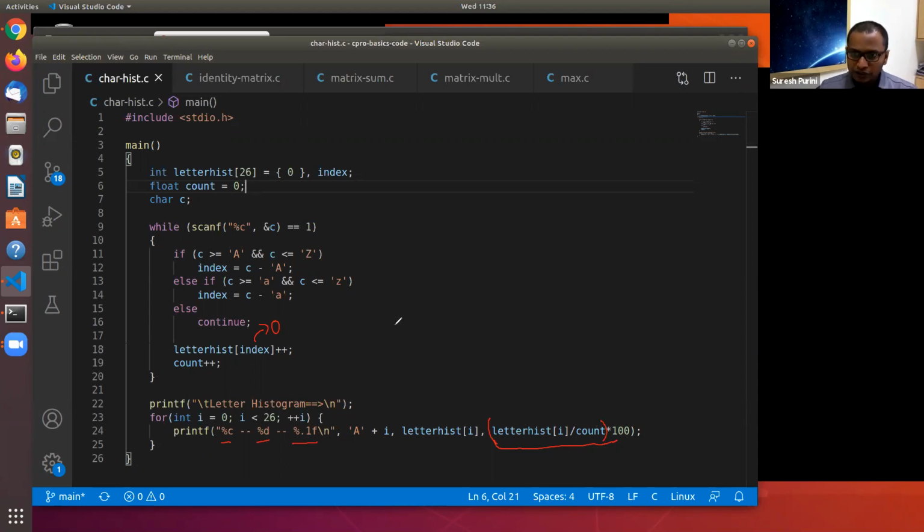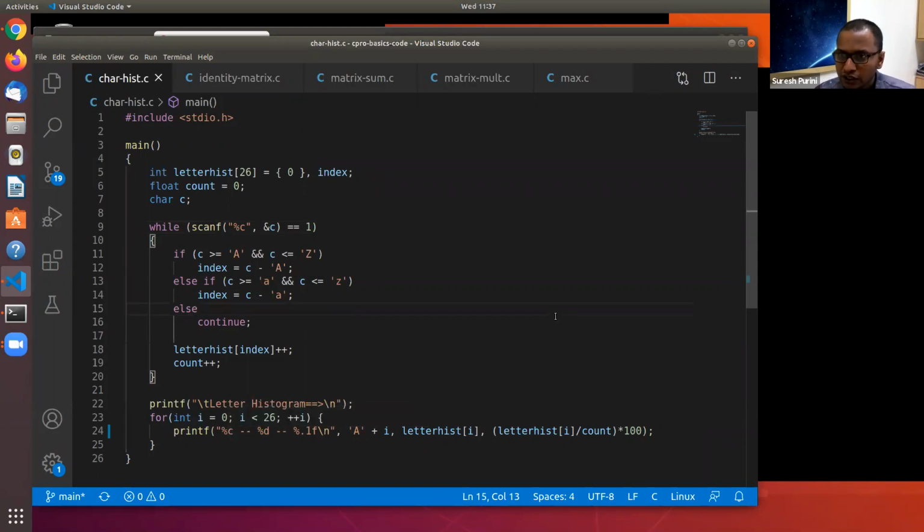Yes, this is good to show the precedence. I will do it. So if I is equal to 0, A will be printed here. If I is equal to 1, the value returned will be 66, which is the ASCII value associated with B, and B will be printed. If I is equal to 2, the value of this expression will be 67, which is the ASCII value associated with C, and C will be printed.